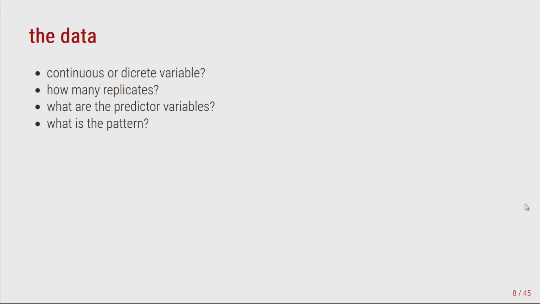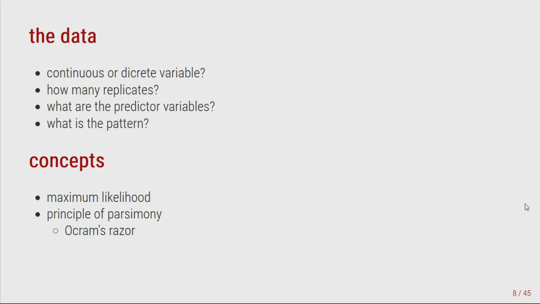How many independent observations do we have? What are the predictor variables, and what is the general pattern that we are trying to explain? And in order to connect data and theory, we build statistical models. And I put here two basic concepts behind statistical modeling, which are maximum likelihood and the principle of parsimony,